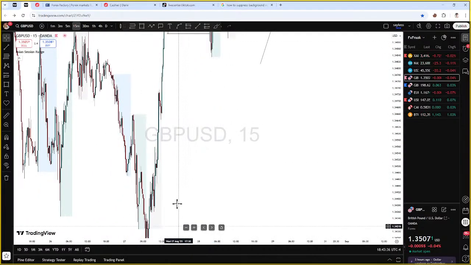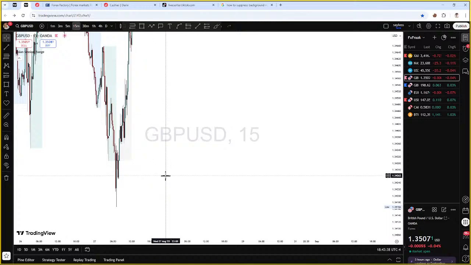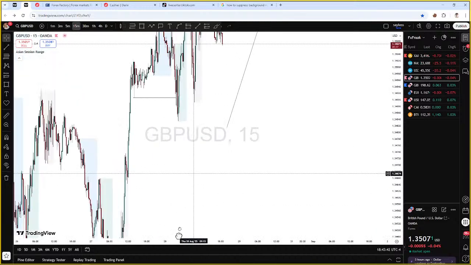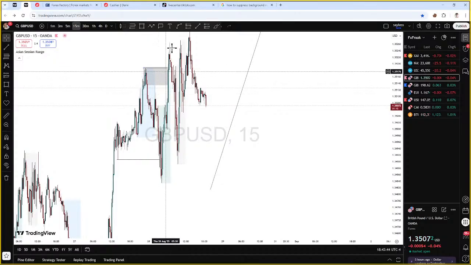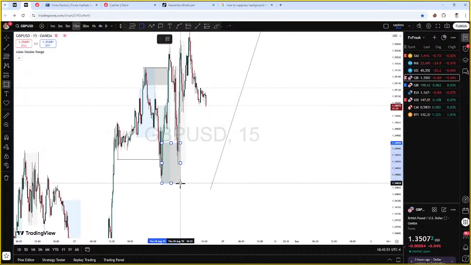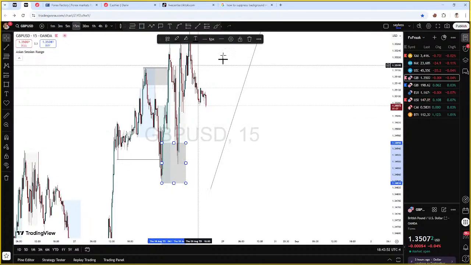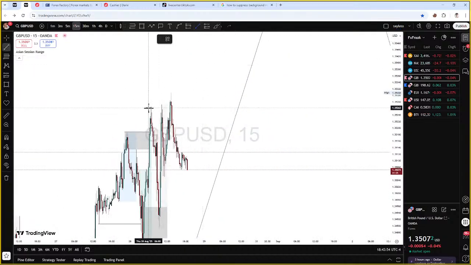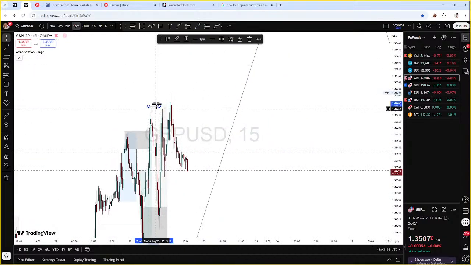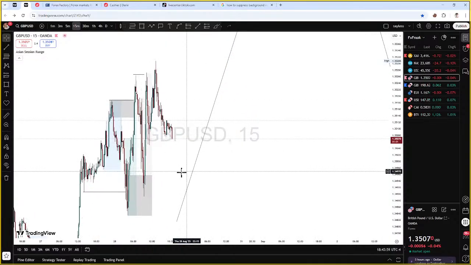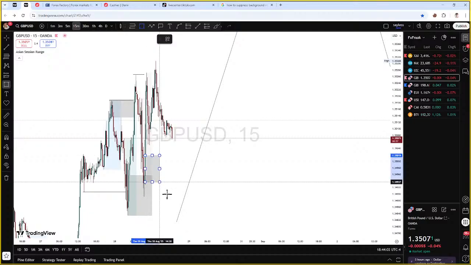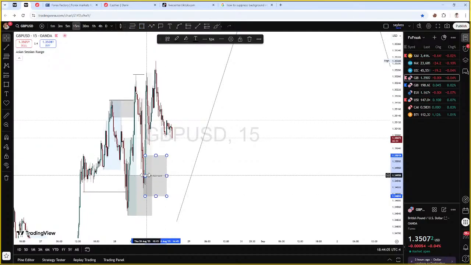You would expect a pullback to somewhere around here for that change of character to be completed, right? But now that there is a pullback, and the pullback was able to violate it, you can see that there was a pullback into this liquidity and it was respected for a buy. That buy was also good enough to break another structure, which means this low still has a very high chance of being respected when the market comes back